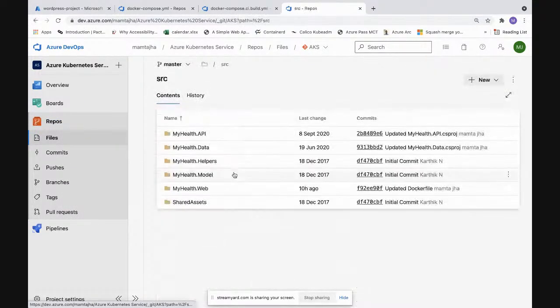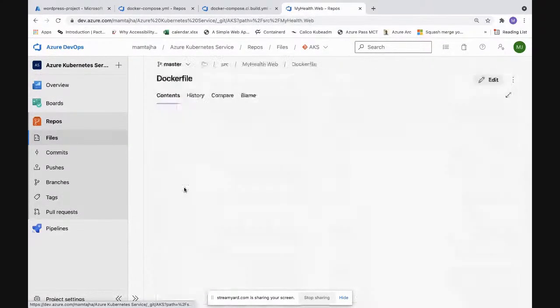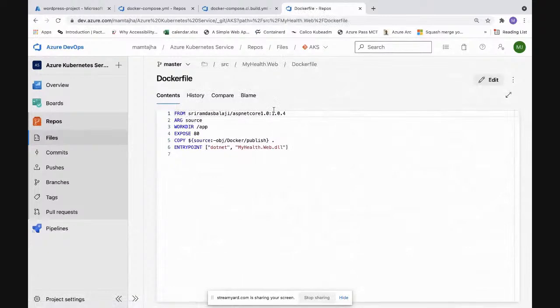Docker file is present in SRC folder inside My Health Web. This is the Docker file. So I'm starting with a base image. I have an arg, which is nothing but an argument. And I'm setting my work directory as /app. This application needs to listen on port number 80 when we are building it.